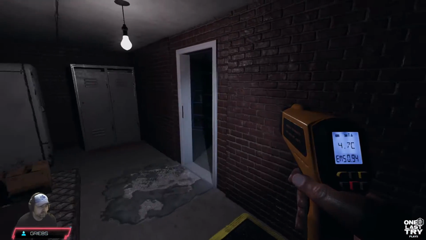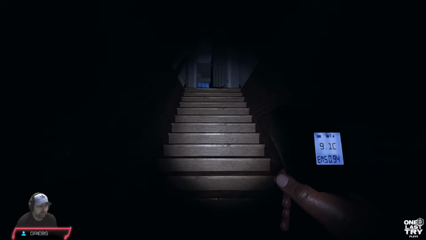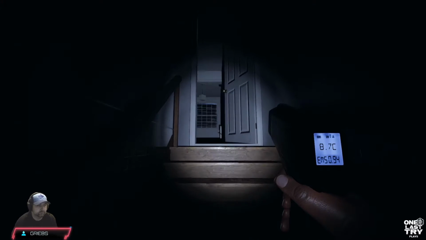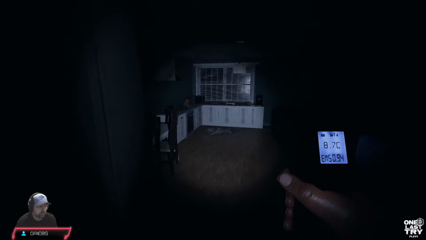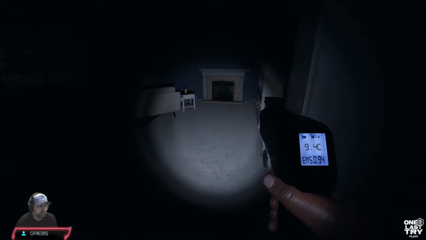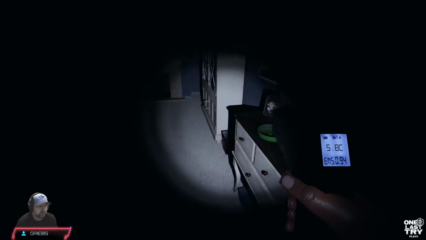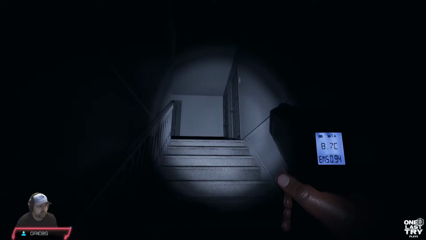You can say things like, show me a sign, and if the ghost is nearby and cooperative, then you will see signs sometimes where they'll open doors or throw things around. Sometimes you can look around and already find things on the ground, and that's a good indicator that that's the room they're in. And once you know which room they're in, then you can start to